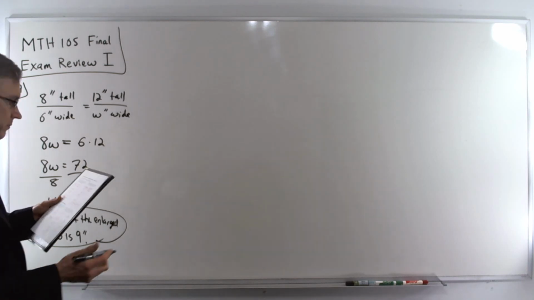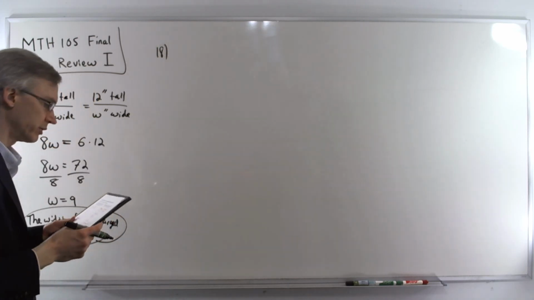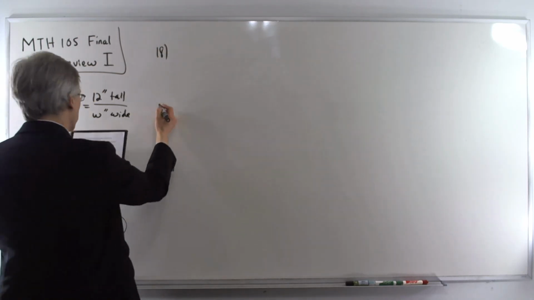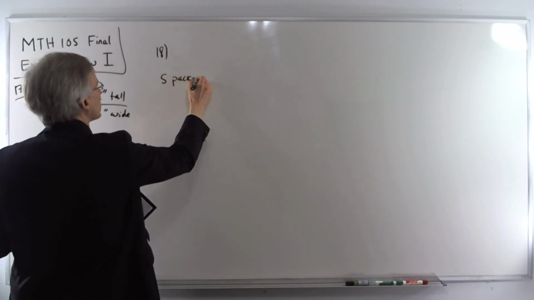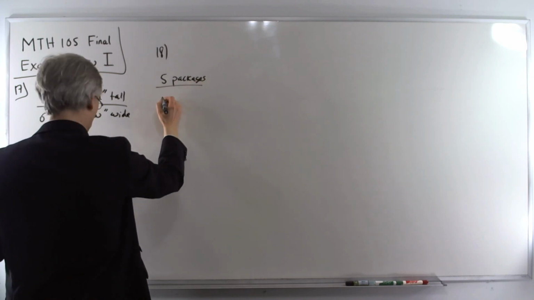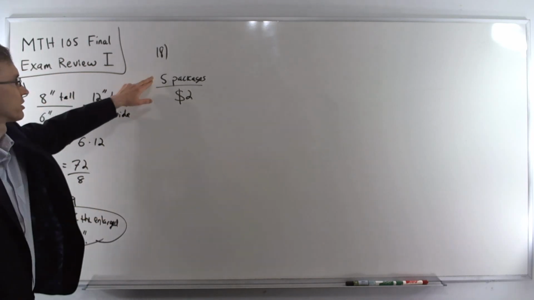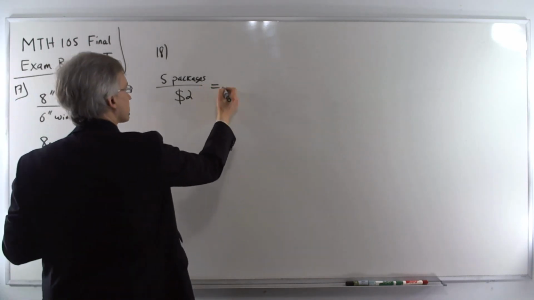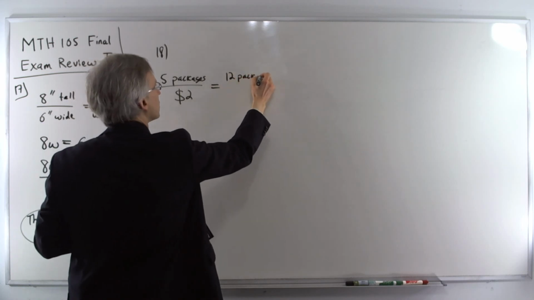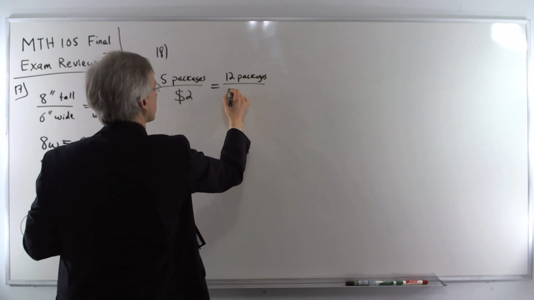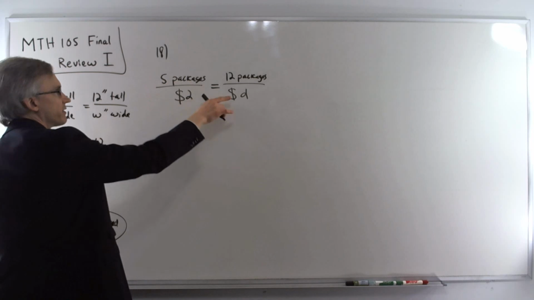Number 18. 5 packages of turnips can be purchased for $2. How much would 12 packages be? $2. All right, there's our rate, 5 packages for $2. And on the other side, we're getting 12 packages over D dollars. Cross multiply, we got 5 times D